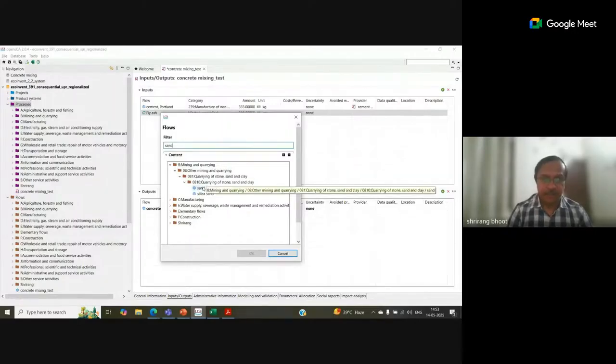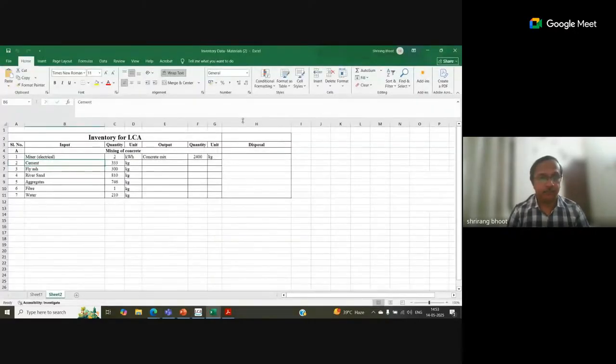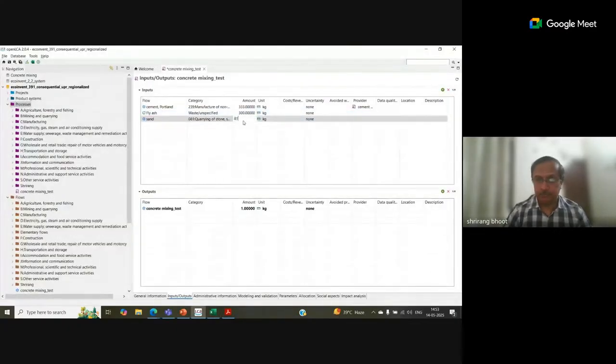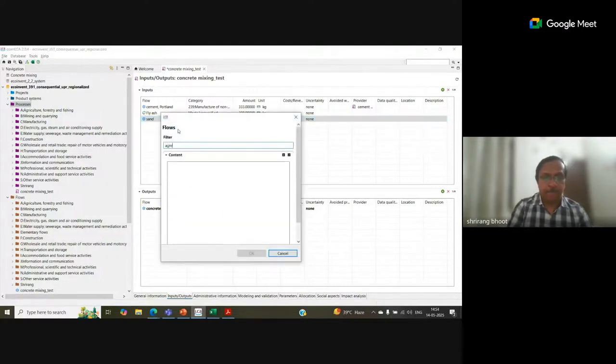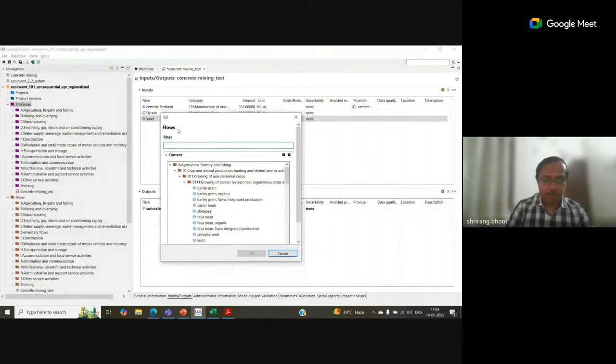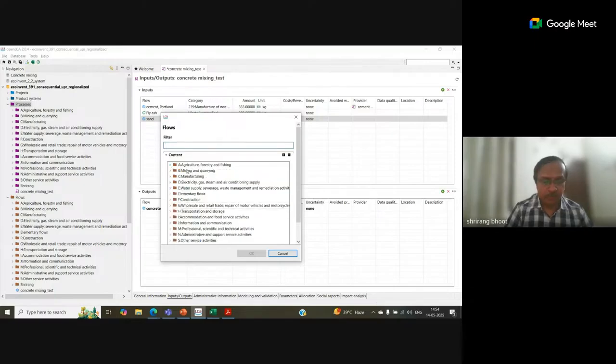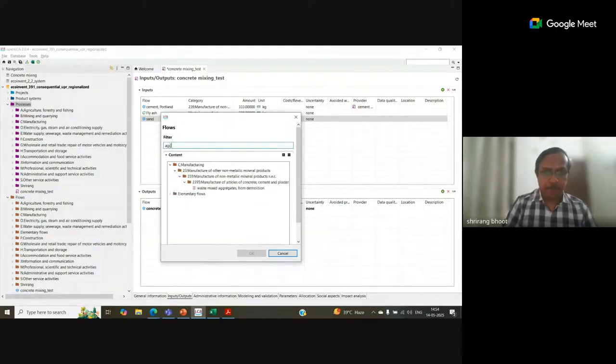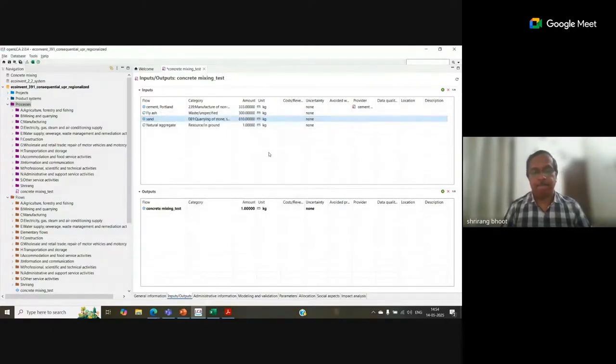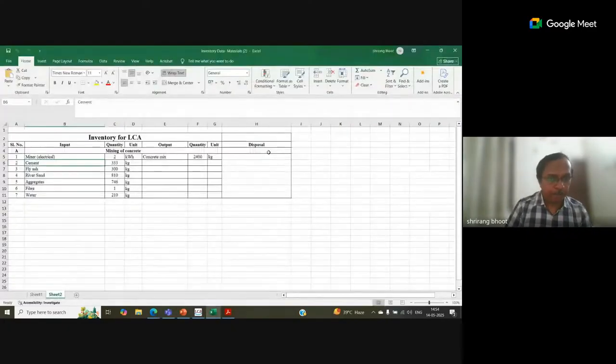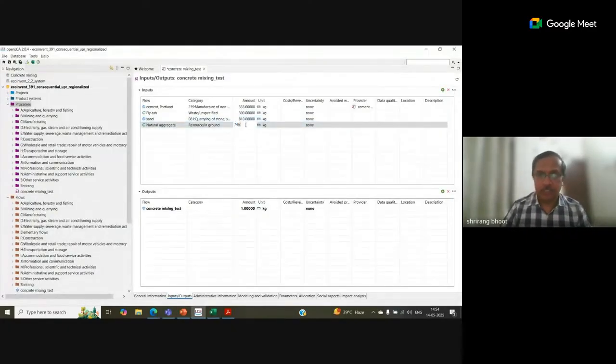Then we have sand, aggregates. Then we have to add, sometimes they don't. So again, aggregates, I choose 6.